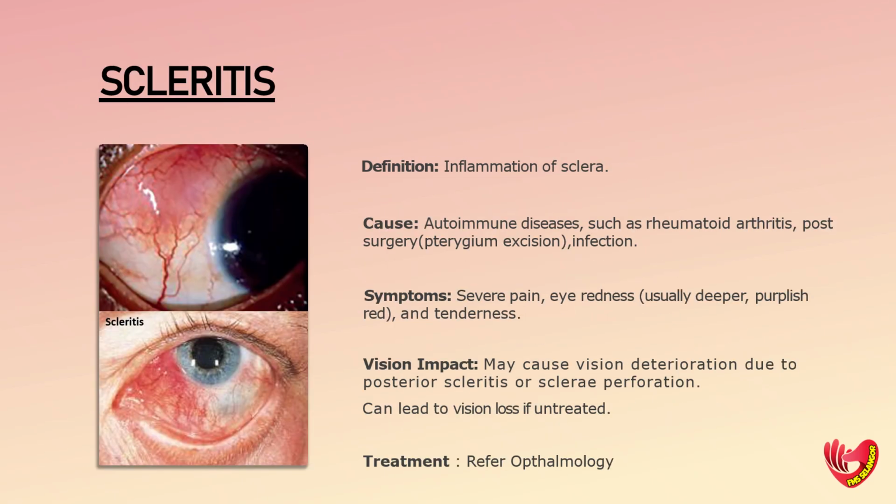Scleritis is a serious inflammatory disease that affects the white outer coating of the eye, known as the sclera. It could be associated with autoimmune diseases such as rheumatoid arthritis or can occur post-surgery such as pterygium excision. Symptoms of scleritis are eye redness, sometimes changing to a purple hue, and severe ocular pain which may radiate to